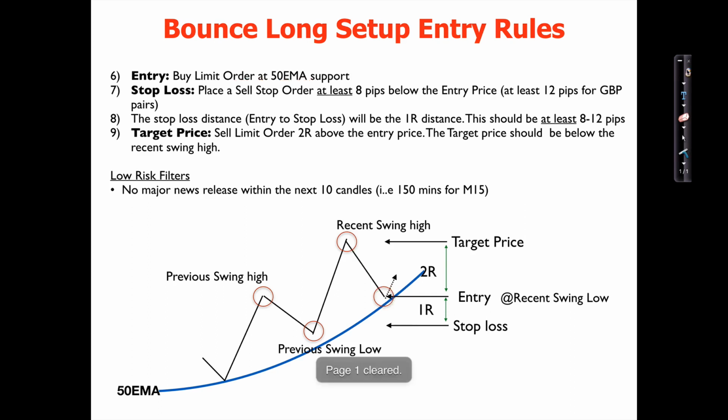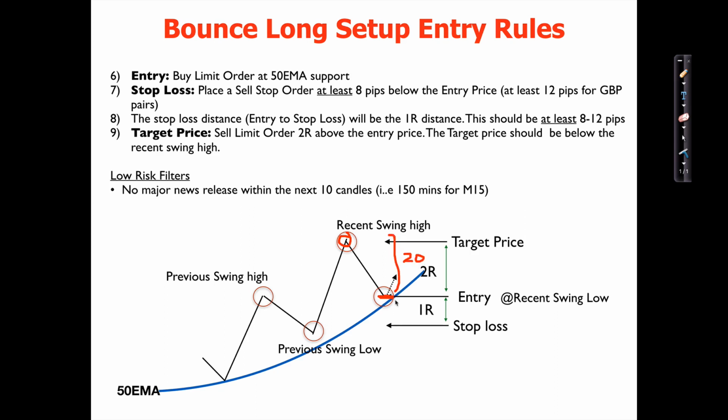Now, the next question people always ask would be, okay, so you're buying here, for example, right? You're buying this level. Where do you put the stop loss? That's a good question, right? Now, where I put a stop loss depends, in a way, on my profit target. So what I do is, I'm buying here and I'm looking at the recent swing high, which is over here. Okay, so I would usually measure the distance. So for example, if the distance here is 20 pips, for example,